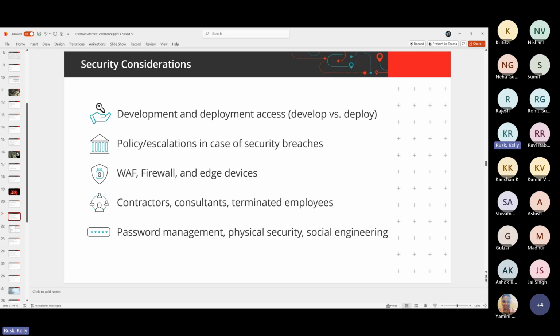And again, these are things that happen every day. All these things are very common. You might want to have a whole policy about password management or physical security. So maybe physical security is that you have to make sure your laptops are secure so that no one can walk away with them, right? How do you prevent social engineering?